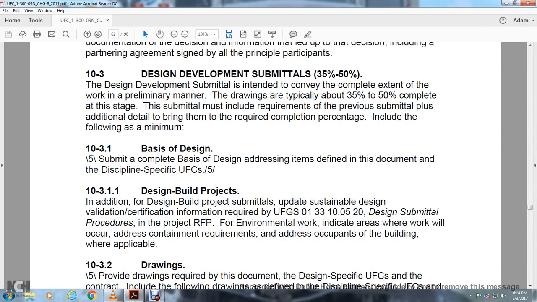Additional design-build project submittal with the up-to-date design validation certification information required for the Unified Facility Guide Specs. 013310.0520 design submittal with the procedure and project request for proposal for environmental work, and indicate what the area of